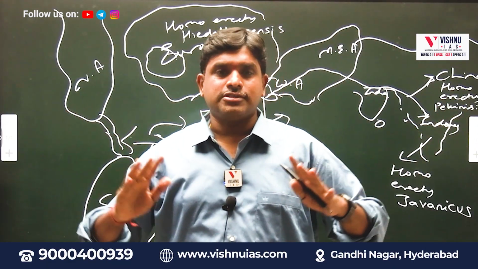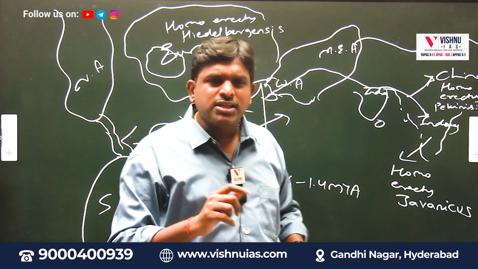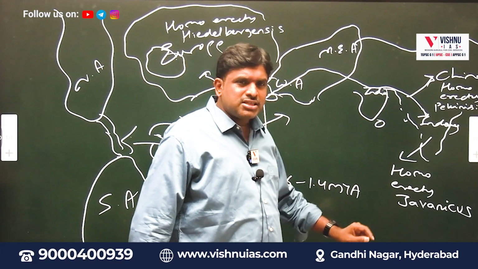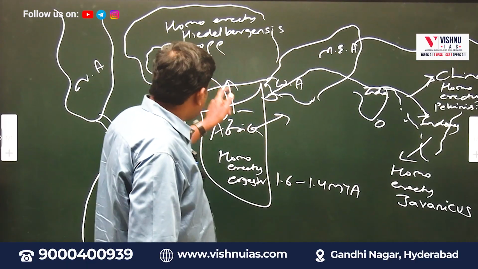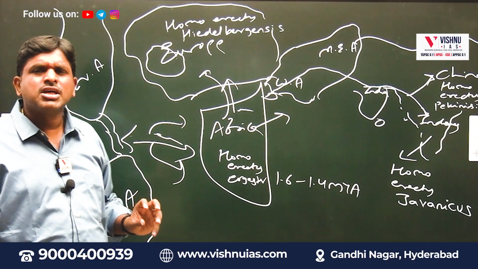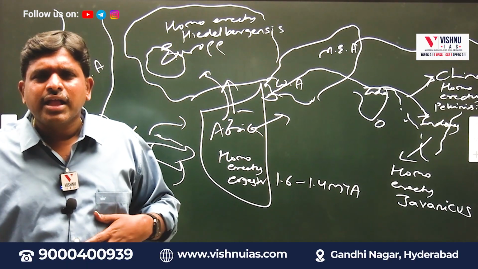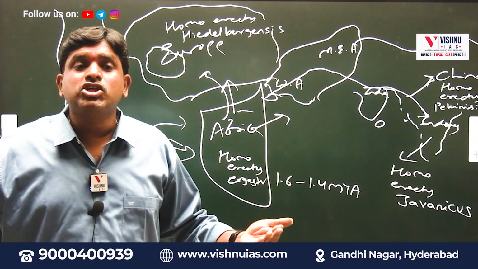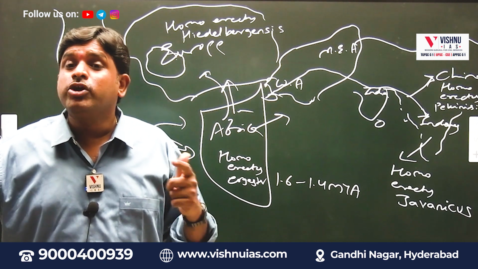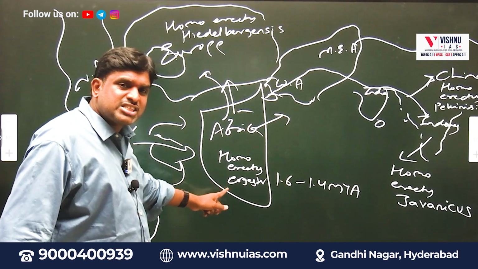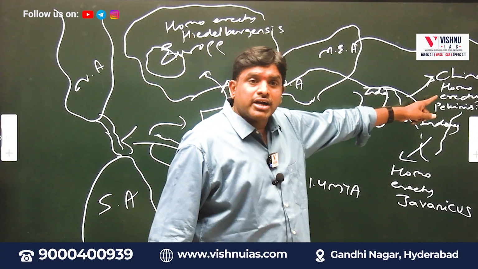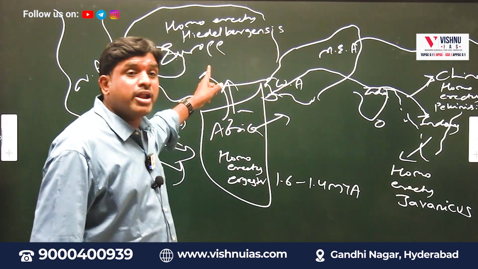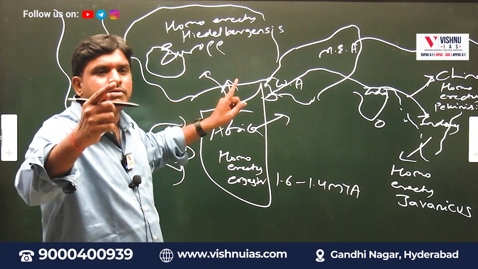What are their physical features? Then now you will get a doubt. What is that? Okay, sir. So this is Homo erectus ergaster, this is Homo erectus pekinensis, this is Homo erectus javanicus, this is Homo erectus heidelbergensis. Can you please tell me? Then from Homo erectus, the next is Neanderthal. After the Neanderthal, it is Homo sapiens. Then who evolved into Neanderthal, sir? Whether Homo erectus ergaster, pekinensis, javanicus, or heidelbergensis evolved into Neanderthal, that we will discuss.